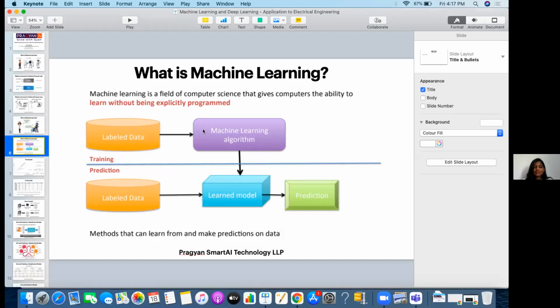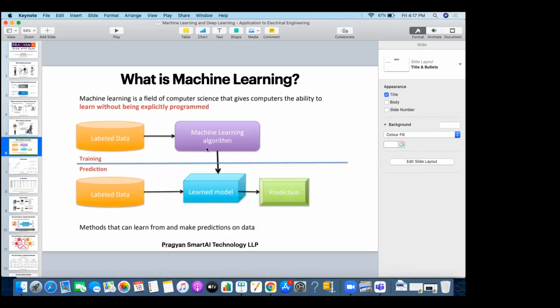So we have labeled data. I am trying to feed it to the machine, and the machine learns from the data. It will try to figure out why one number is called a prime number and why certain numbers are called non-prime numbers. Next, when the machine understands that logic and figures out the equation to calculate whether a number is prime or not,